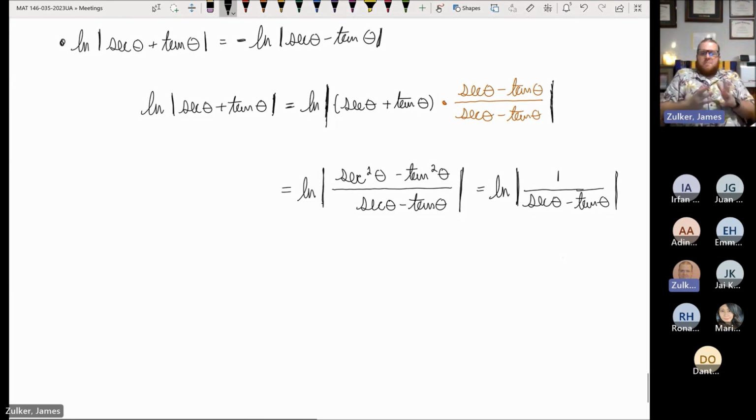We can write that as the quantity of secant minus tangent, raised to the minus 1 power. And then using laws of logarithms,